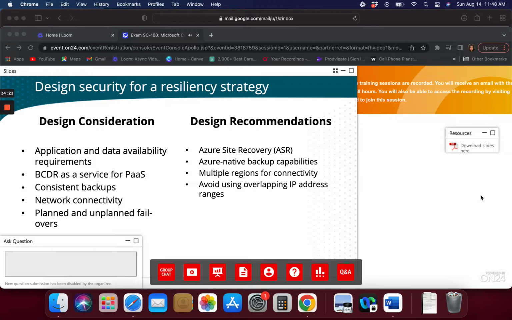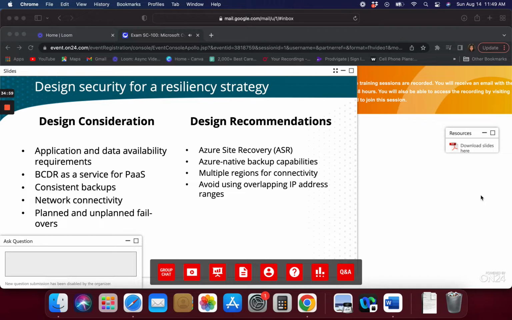Then you check the business continuity and disaster recovery as a service for the platform. Here you need to look for native DR and high availability feature support, geo-replication and DR capability for PaaS services, if they support multi-region deployment or failover, for example, availability zones compared to availability sets, impact on update domains, what is the percentage of workloads that can be under maintenance at the same time. So you can evaluate this during the BCDR platform. Then you go to consistent backup for application and data,